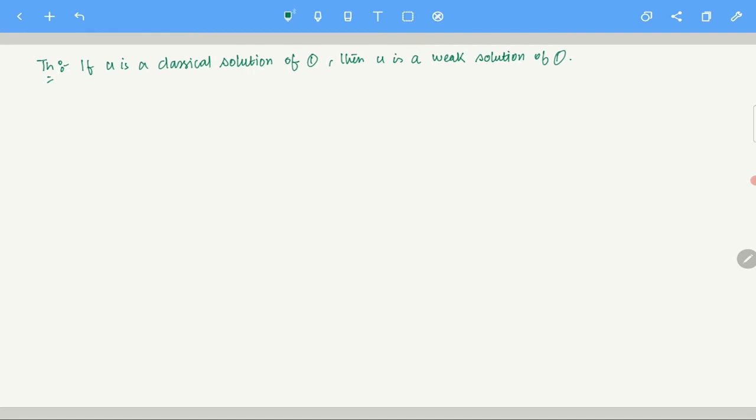of course you can find a classical solution by using the method of characteristics in some parts. So let's just assume that you have found a classical solution. That will instantly imply that it is a weak solution. Now that is what we need to prove, and that is how you will also understand how this formulation of weak solution comes about. So let's look at the proof of this.